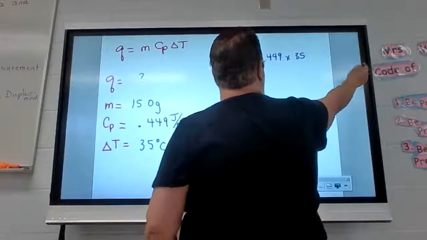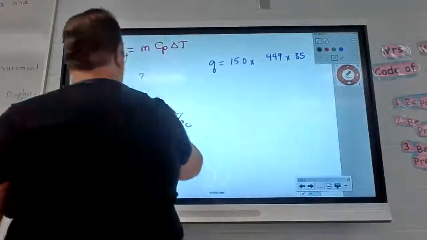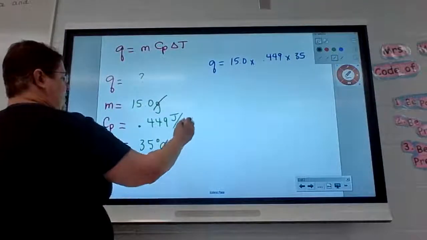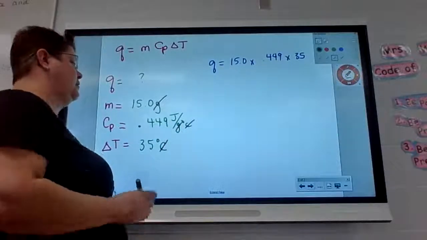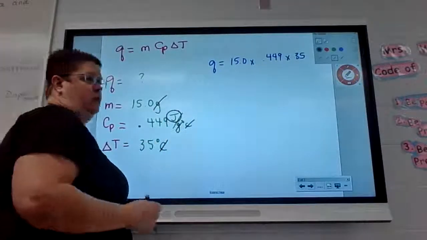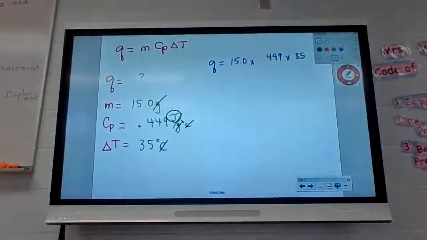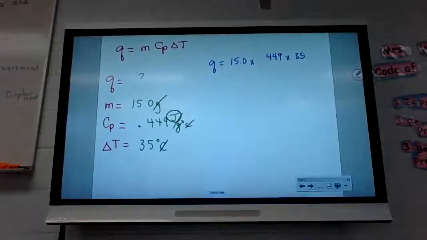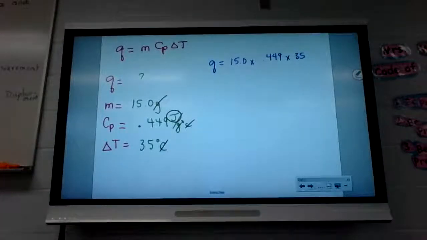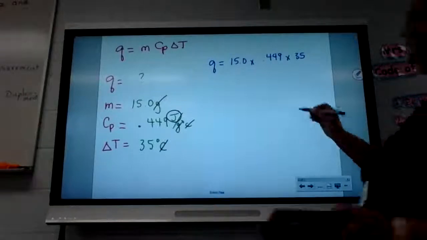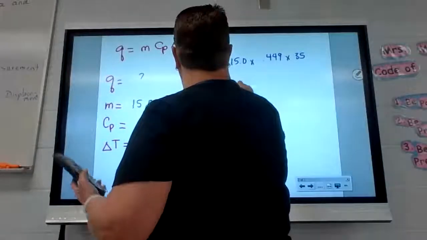When you take care of your units, the grams cancel out, the Celsius cancel out, so our answer is going to be left in joules. When I calculate 15 times 0.449 times 35, I get Q equals